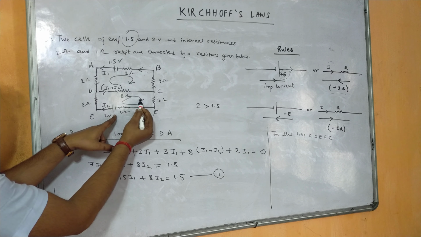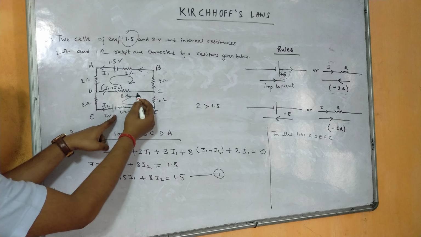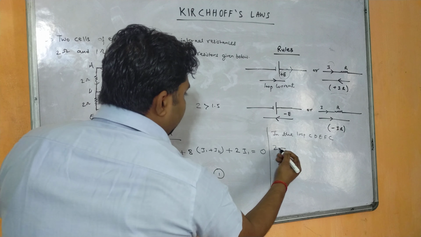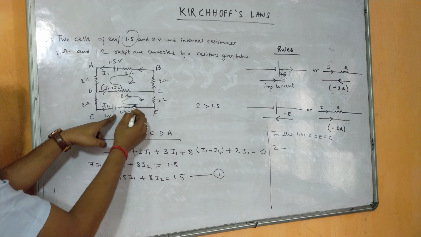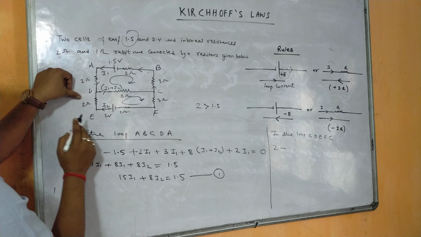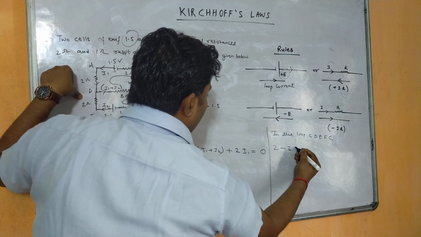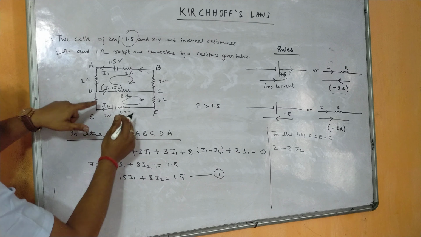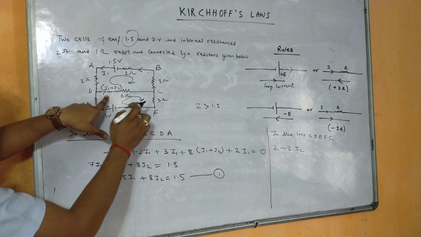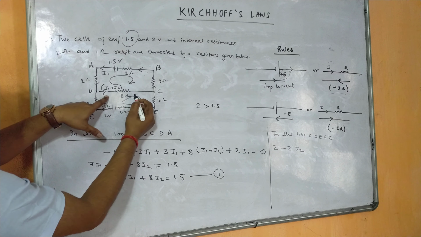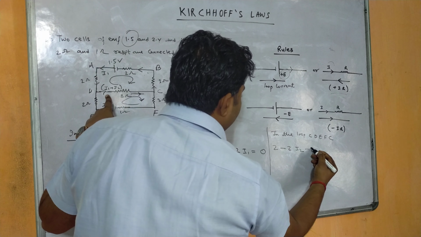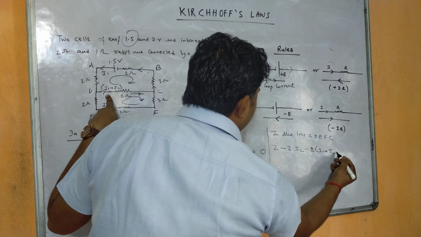Now you see this current direction, if you rotate this one clockwise, this is positive, that is plus 2. Now you see when this loop direction is passing through this resistor, loop direction and current direction both are same, so we need to take here minus 2I2. Now again this loop direction and current direction in the branch of 8 ohm are the same, because it is clockwise. Clockwise means both the directions are same. As it is same, we need to take here minus 8 times (I1 plus I2).